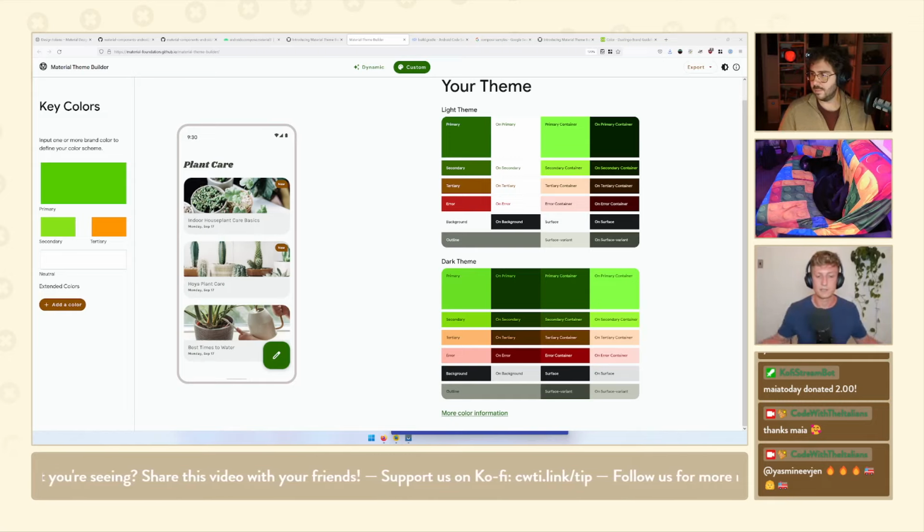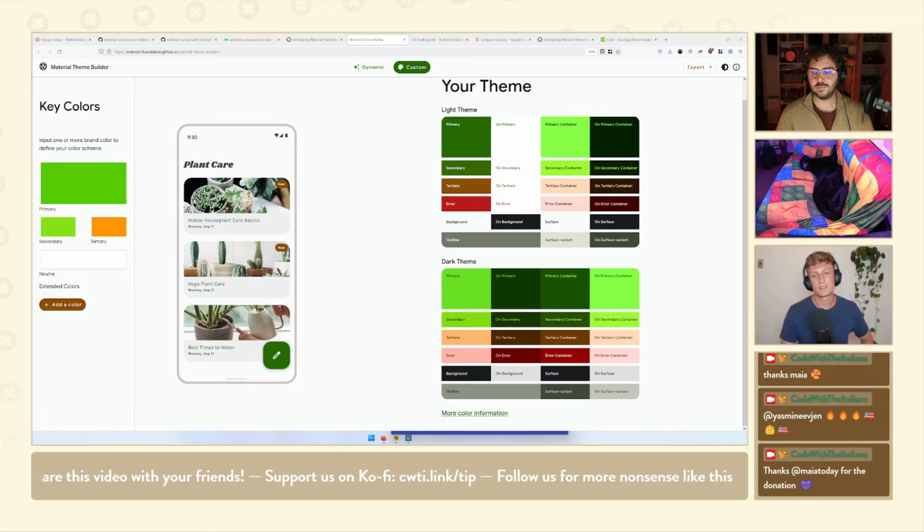And this does so for light and dark theme in different ways, so that there's contrast, and so that it almost feels at home amongst other apps that are using Material 3 and in particular dynamic color, because the algorithm behind the scenes is kind of the same. It's just as if you're getting colors from manually input colors as opposed to from a wallpaper. That makes any sense? Yeah.